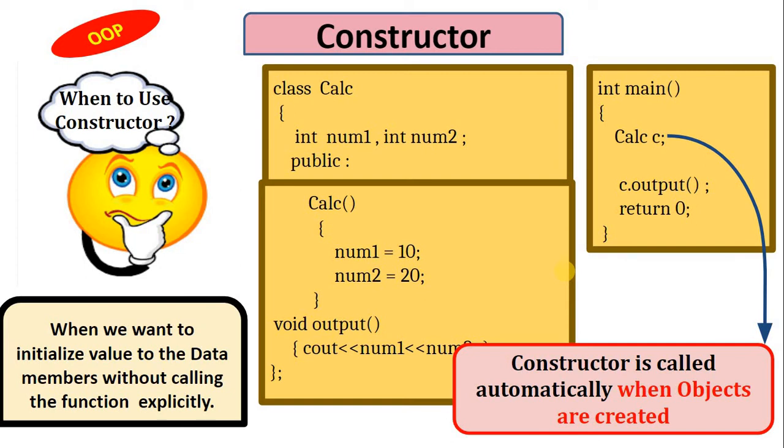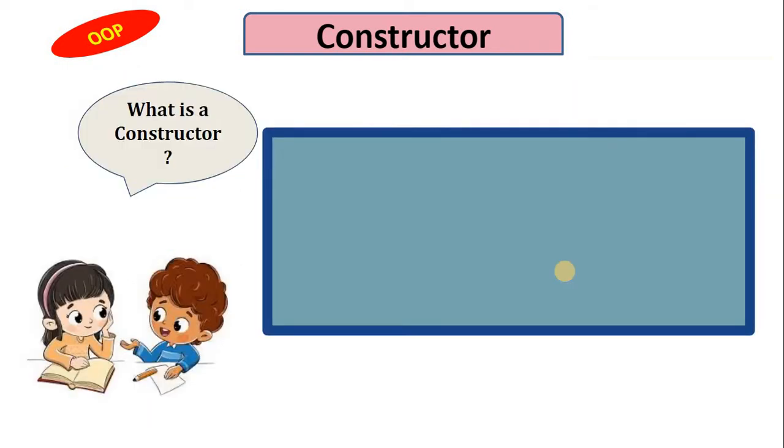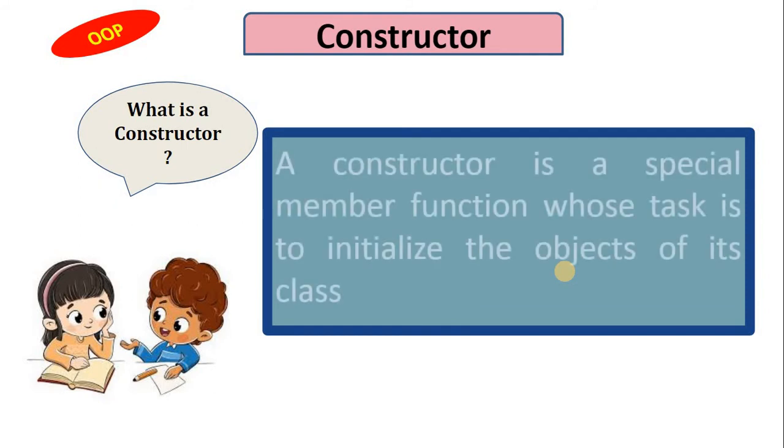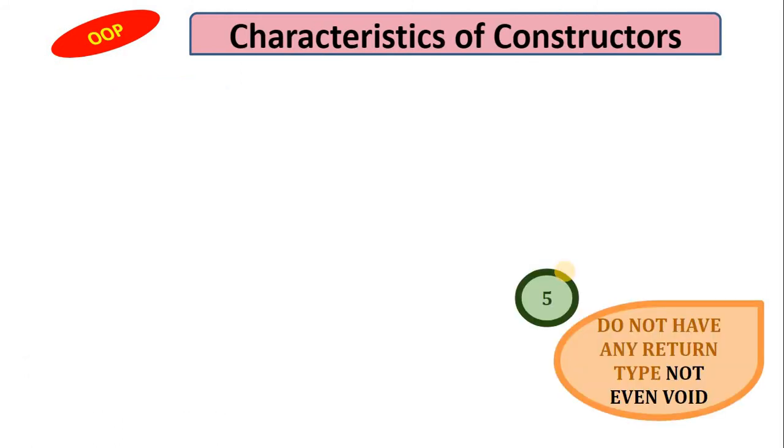You do not have to explicitly call the function, just as we were doing c.setNum. Now what is a constructor? Remember again, a constructor is a special member function whose task is to initialize the values of the object of its class. So, constructor characteristics: